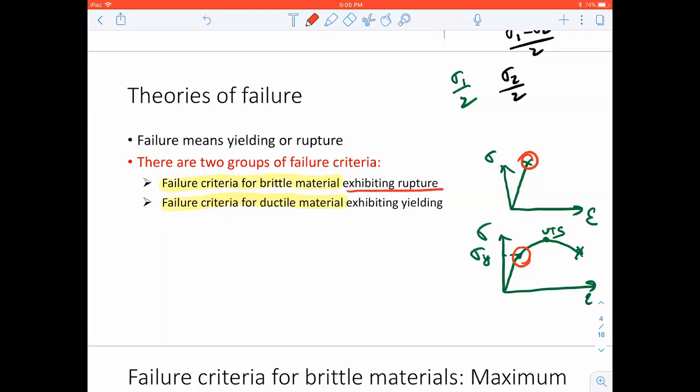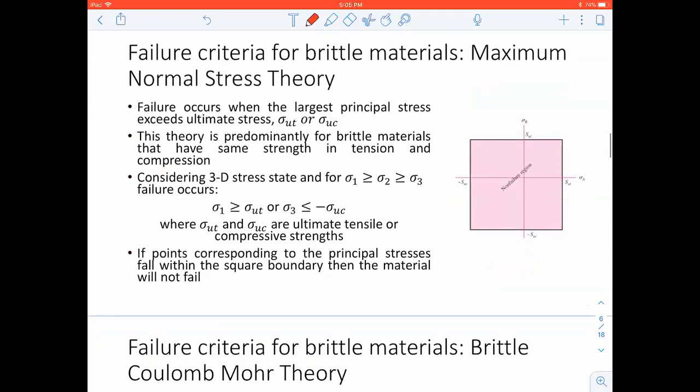But for ductile, it is exhibiting yielding for failure. So we're going to look here at some failure criteria for brittle material first. One of the failure theories is the maximum normal stress theory. What does this theory tell you? It tells us that failure occurs when the largest principal stress exceeds the ultimate stress, either compressive